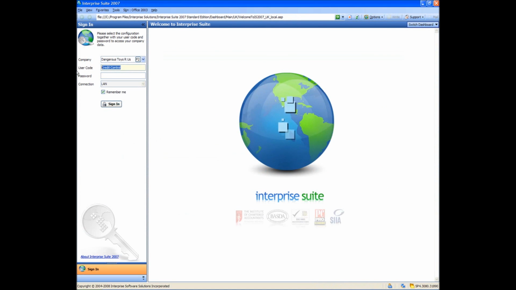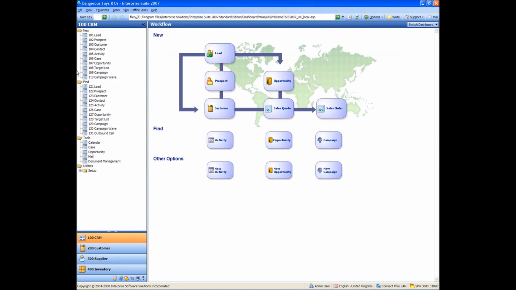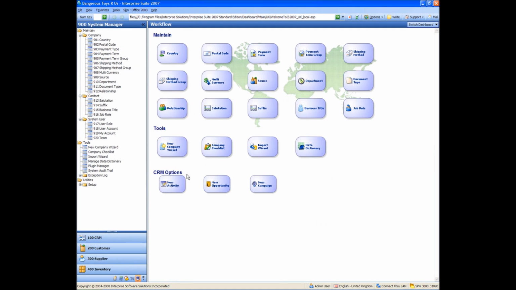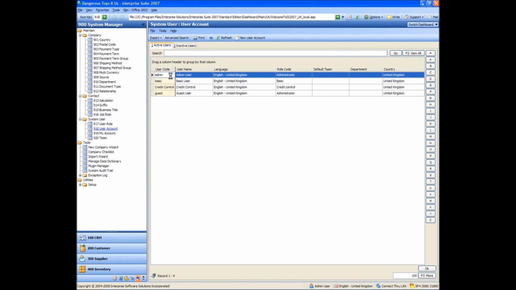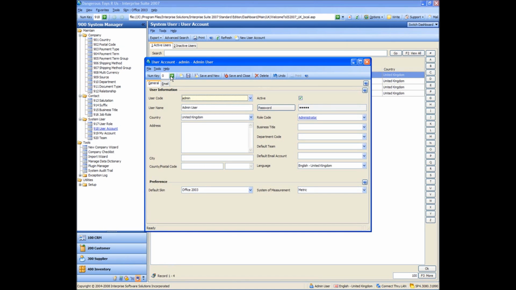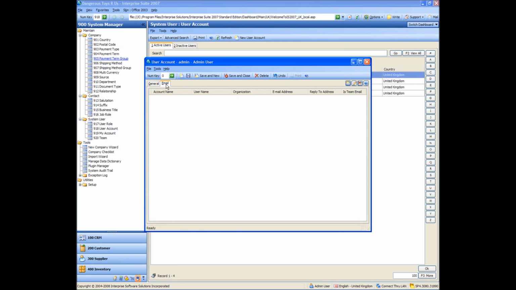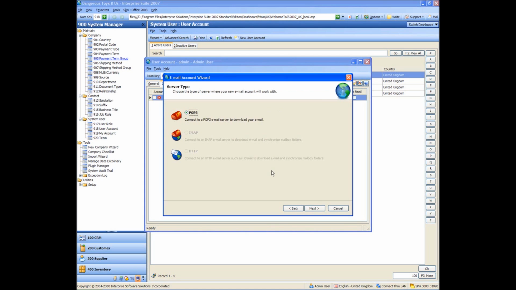So if I sign out of that and I want to go back in as admin, what we're going to do is add an email account for the admin user, which is the one we're signed in as. So to do that, I'm going to go into user accounts, I'm going to double click on the admin user, okay, and then I'm going to click the email tab, and there's no email accounts in here at the moment, but we've got icons at the top for new email account, and if there was one already we can edit it in here as well. I'm going to click the new one. We can only do POP3 email accounts in Interprise at the moment,